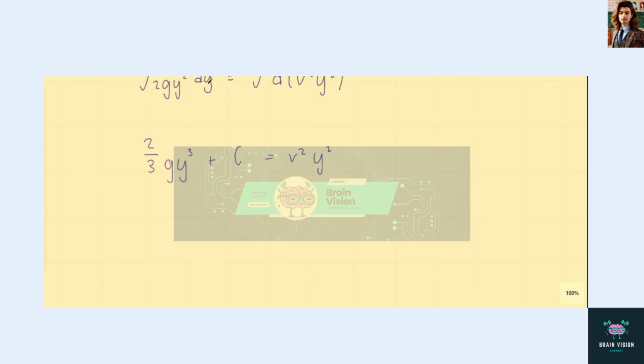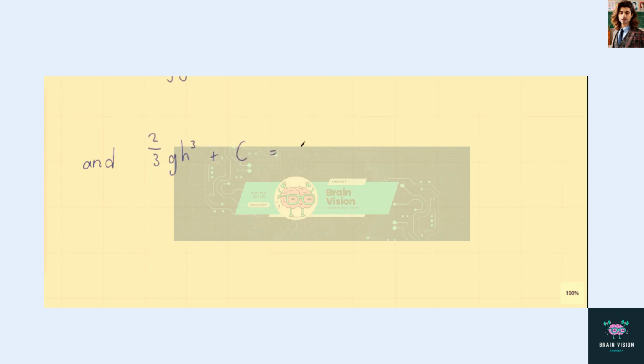Now remember, v is equal to 0 and y is equal to h. So if we plug h into this equation, we get that 2/3 g h cubed plus c must equal 0. And therefore, c, the constant of integration, is actually minus